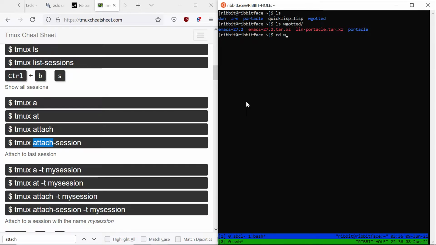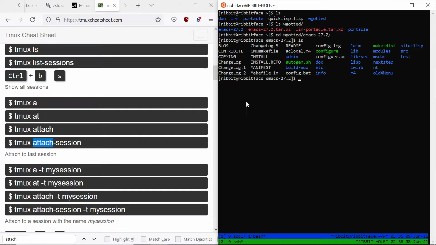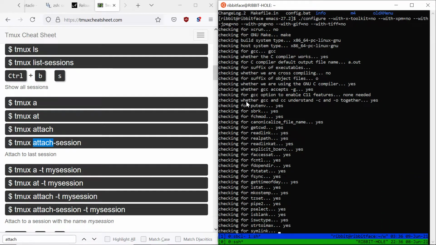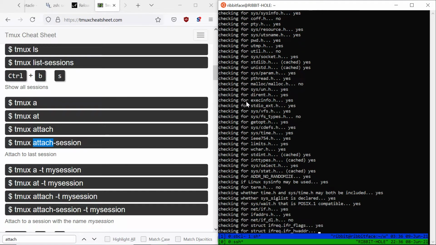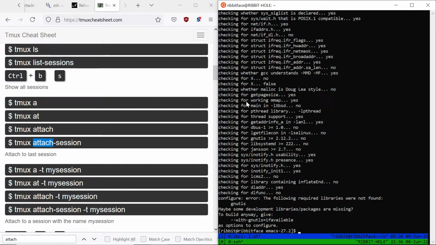So if I say cd wguided, and then go in here, and then, man, do I have to type that configure file out again? I wish I would have copied that thing. Control R, type configure. And then we got further than last time already. Oh, while this was running, I wanted to try to run that Portacle, but